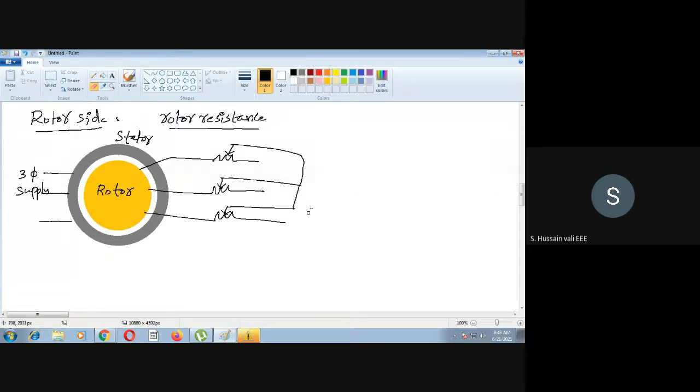Then see here, you can take a three phase resistor. I hope you know what a three phase resistor is. When you vary the terminals, you might have seen in the laboratory what a three phase resistor is. Just like your inductor, you rotate that wheel, then the R value will definitely change. This is the logic we have been following.